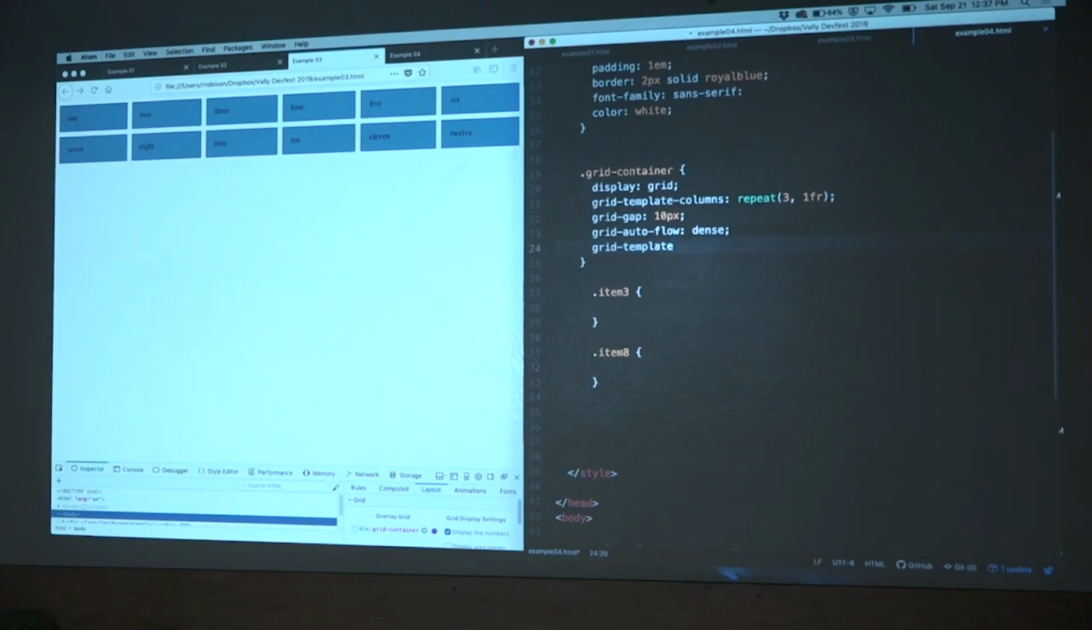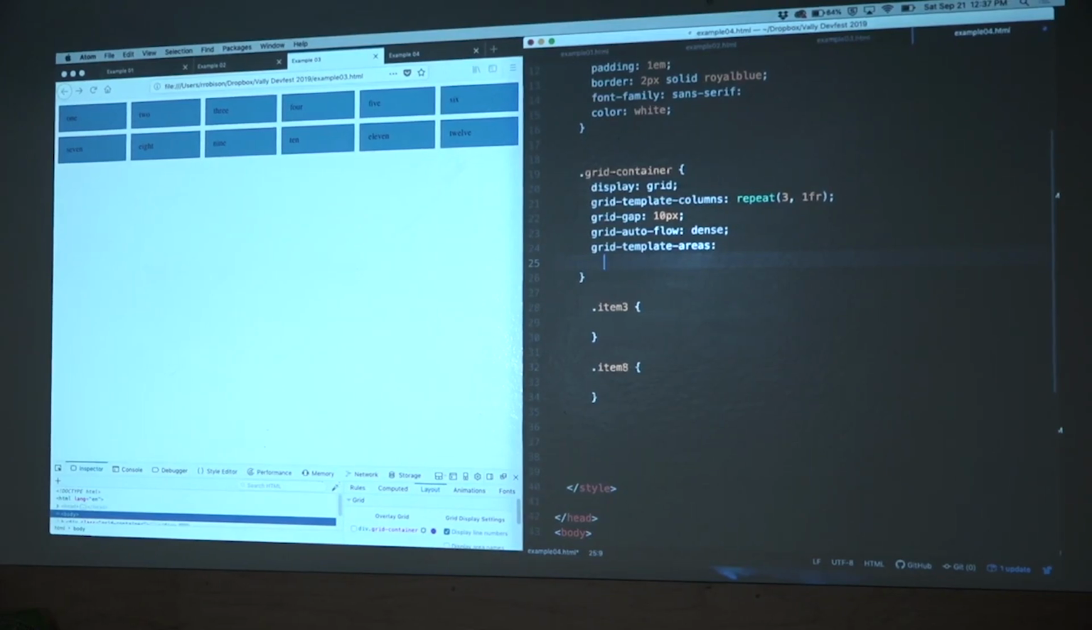Did I spell that right? Template areas. And so you don't have to name all the cells, so we're just going to name a couple right now. And I like to break it down on another line. For each row, you have a set of quotation marks. And then inside of it, it starts at the upper left, and you just start giving it names